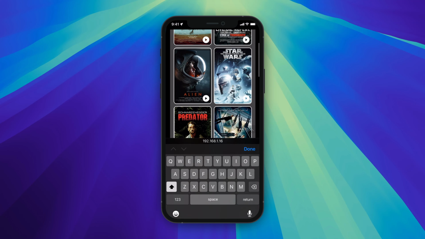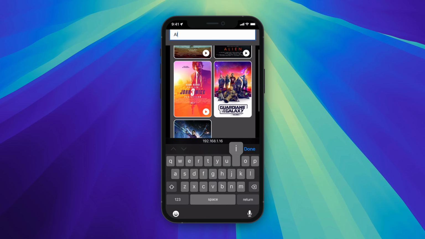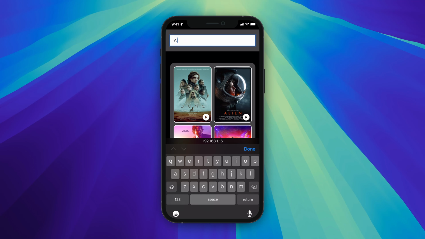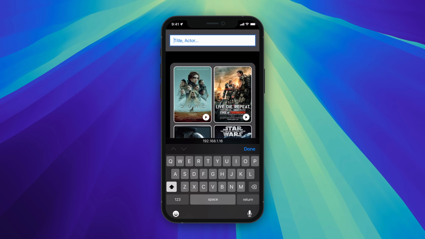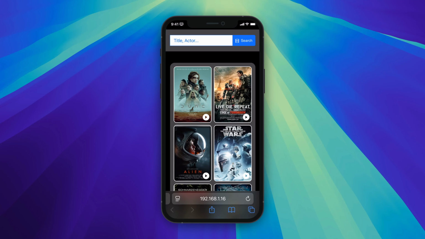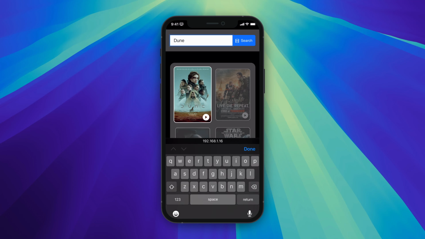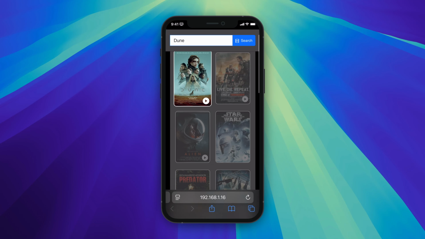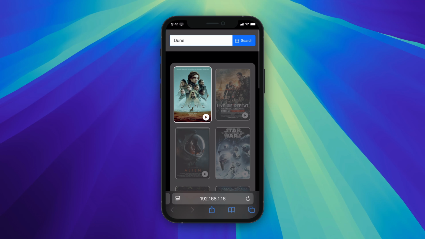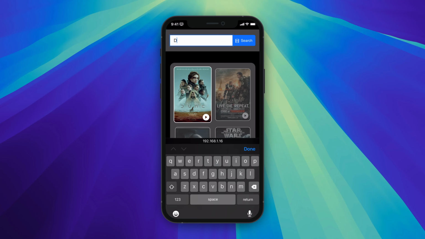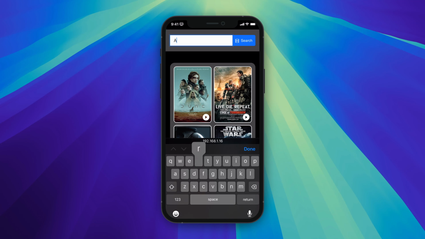Let's see, we can do a search for alien. And of course, I'll show you what it looks like for our regular search mode. Let me just change that on the site. Start running that again. I just need to refresh this. Okay, and so now if I type June, we can see the animated effect works on our mobile device as well. I could put, we'll do Arnold,